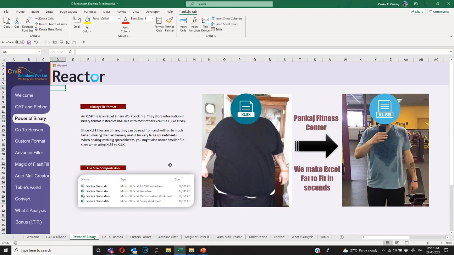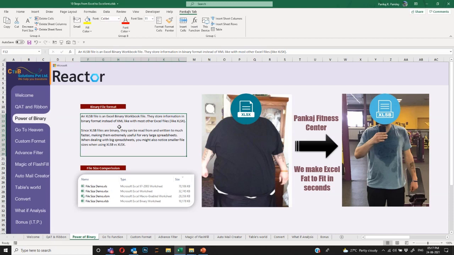So when we talk about the power of binary, we mean the Excel binary file format, which is another underrated thing which usually people are not aware of, so they don't use it. So what happens whenever we work in Excel? Excel is a tool which has been encoded in XML language. So whenever we do something on an Excel file, we add some data, we add some image, we add some formatting, code is written in the background, and that code is written in XML structure, which takes much more file space compared to a binary language.